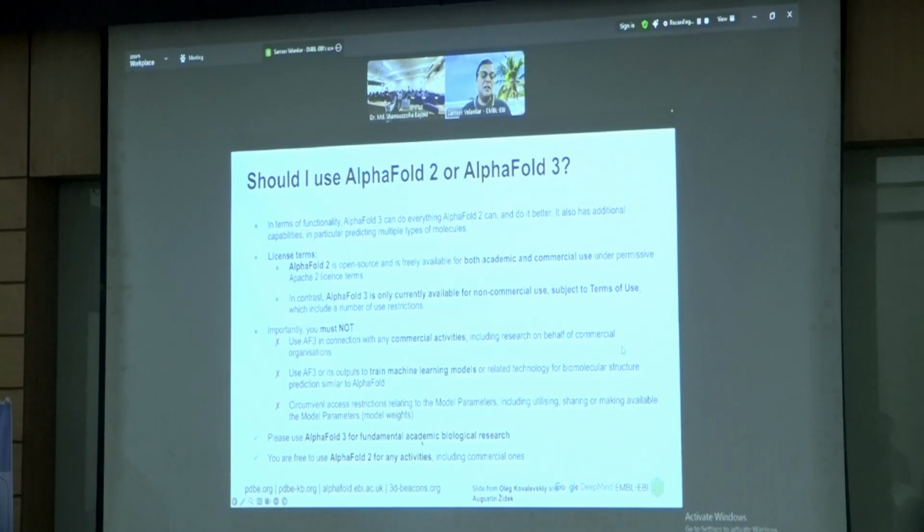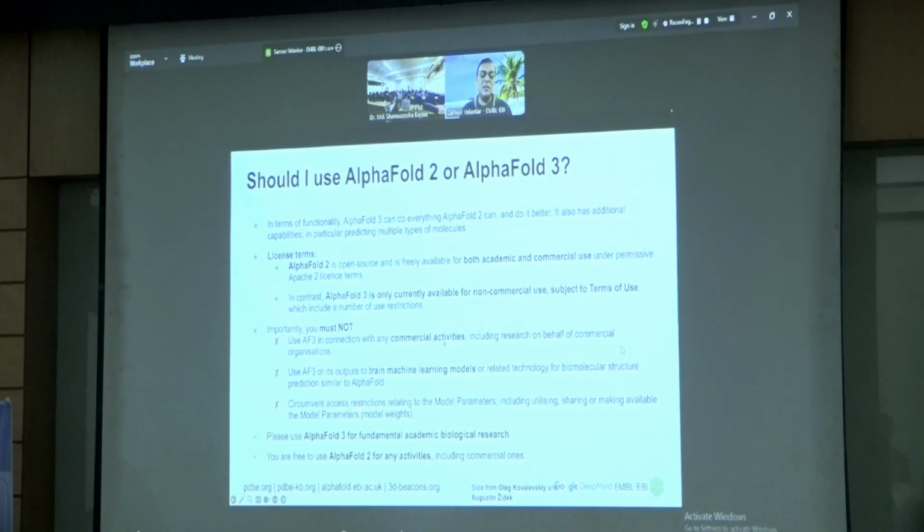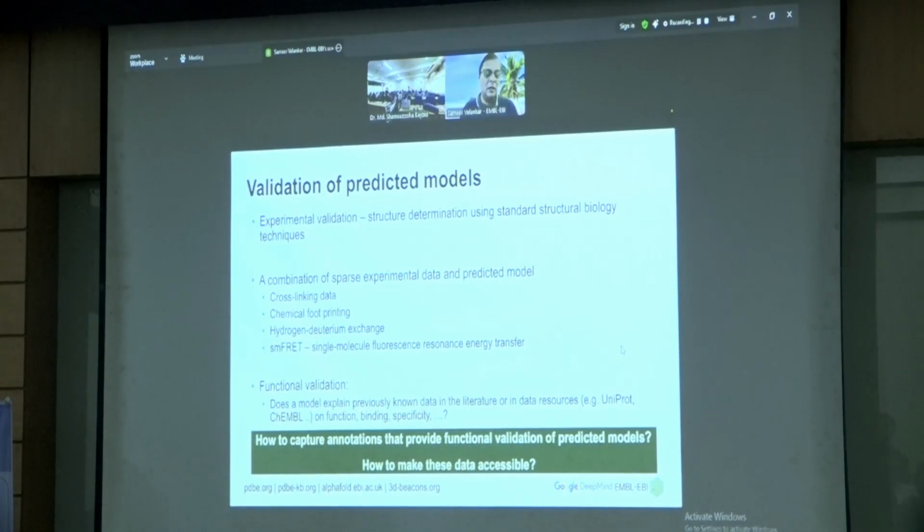AlphaFold 3 is better at predicting antibody complexes as well. But if it was just about proteins and even protein complexes, I would try AlphaFold 2 and AlphaFold 3 also, and not just by default go to AlphaFold 3 because it's higher, and you think it might be better. So